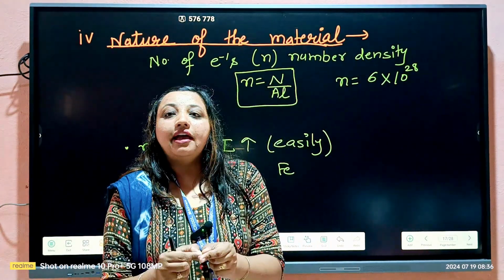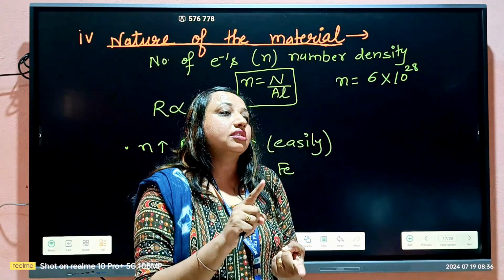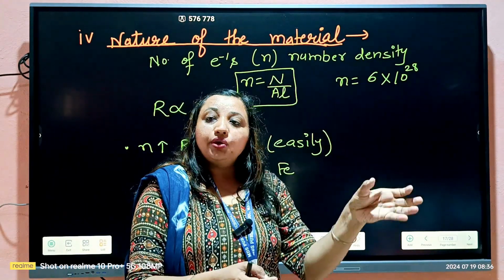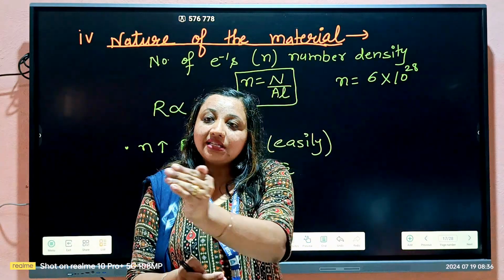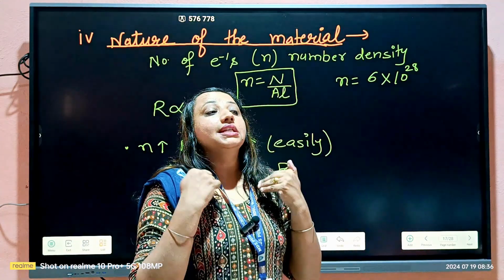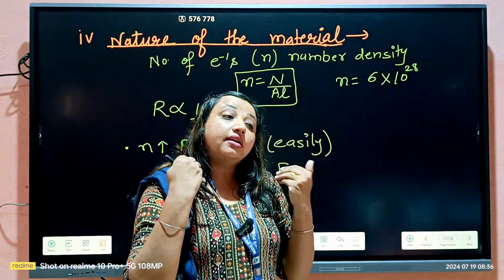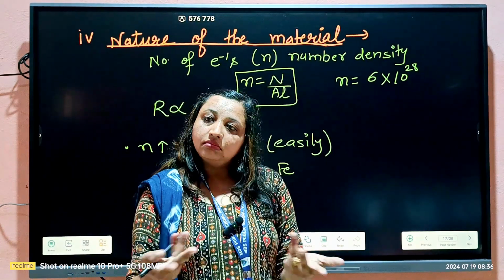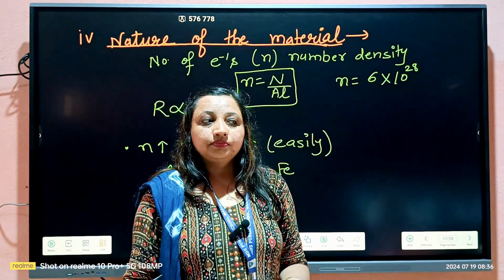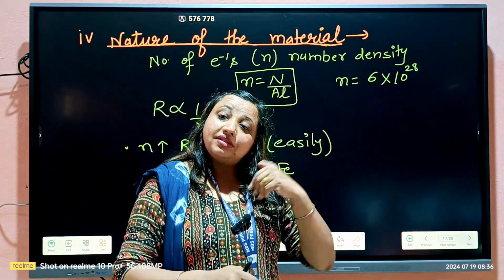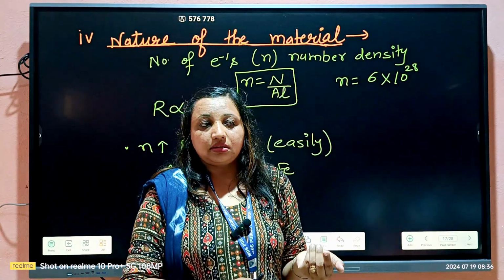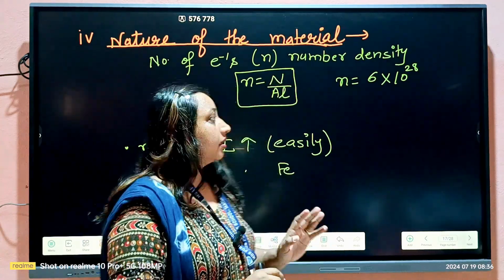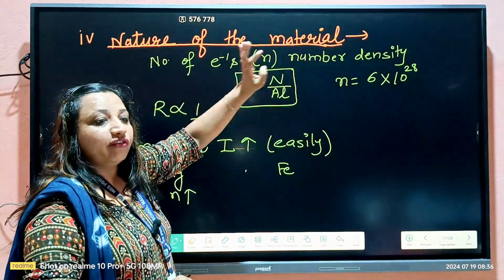If a conductor has a large number of electrons per cubic meter, per unit volume, जितने ज़्यादा इलेक्ट्रॉन्स होंगे, जितने ज़्यादा करंट कैरियर्स होंगे, करंट उतना ज़्यादा फ्लो होगा, और करंट ज़्यादा होगा तो रेजिस्टेंस डिक्रीजेस। दो ही चीज़ें हो सकती हैं एक टाइम पे, या तो रेजिस्टेंस ज़्यादा हो सकता है या करंट ज़्यादा हो सकता है, because both have inverse relation, right na? So number of or nature of material is